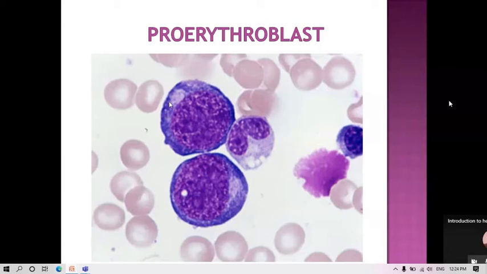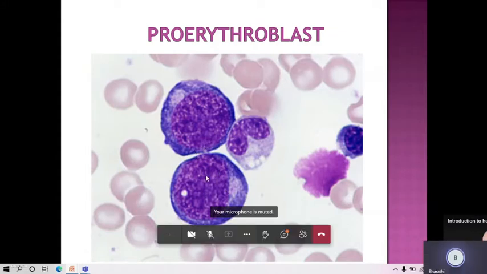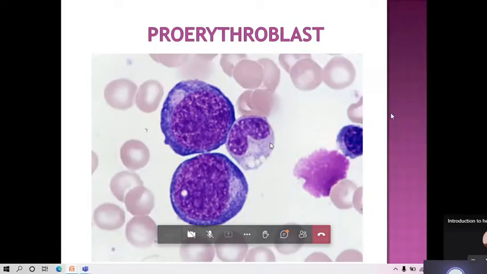So this is from the bone marrow of a patient. Here you can see these 2 large cells with very blue cytoplasm. So we can recognize these cells as erythroblasts, pro-erythroblasts, or very early normoblasts. And you can see these 2 nucleoli here. So these are the pro-erythroblasts, and we know that these cells will give rise to RBCs. Here you can see a cell with a small amount of granules and very pale cytoplasm, and this is a metamyelocyte, so this will give rise to neutrophils. Here you can see that from the early normoblast, there will be formation of intermediate normoblast.